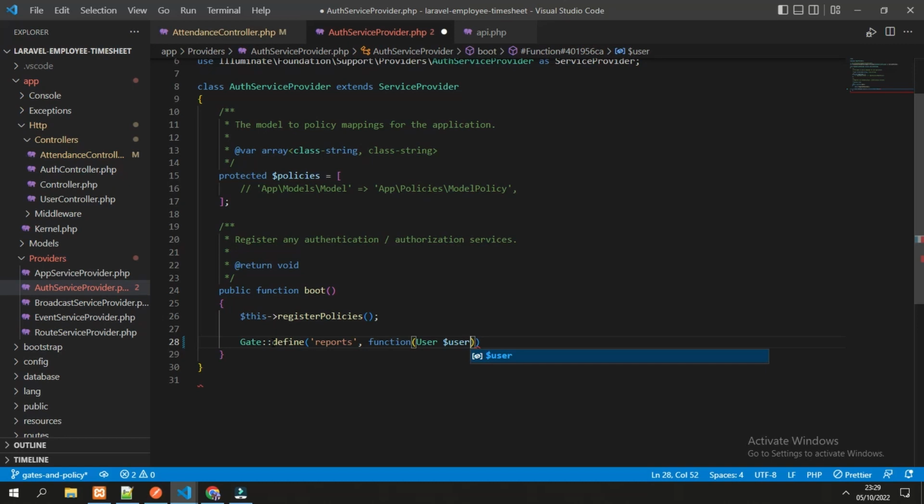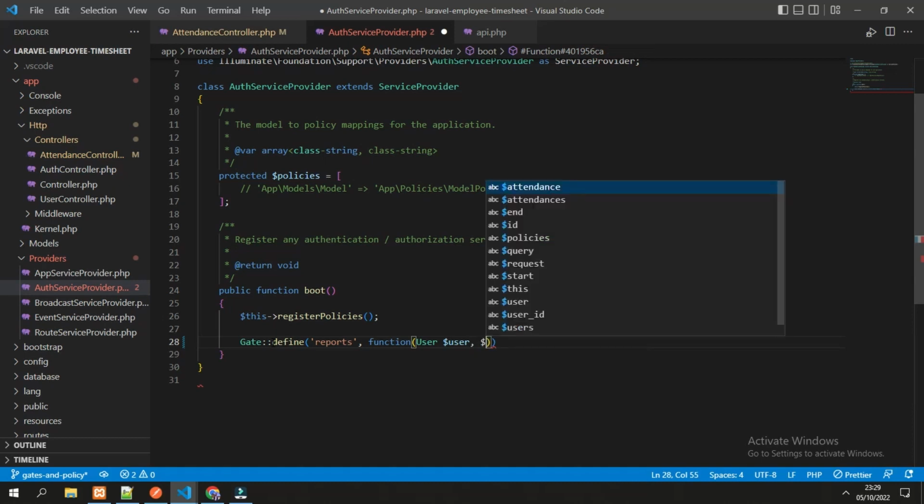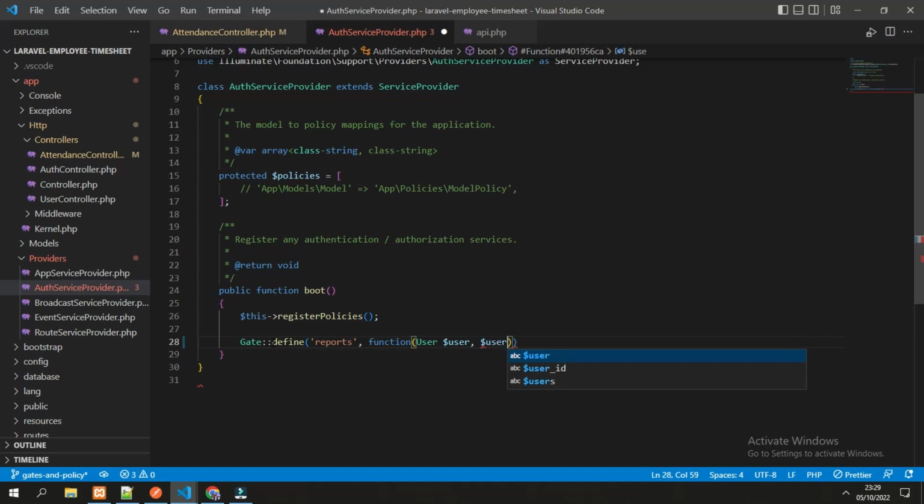The first parameter is always the user object that is logged in, so we have at least one parameter, and we can also add a second parameter here, for example the user ID report. We will use this variable to check the user ID of the report.